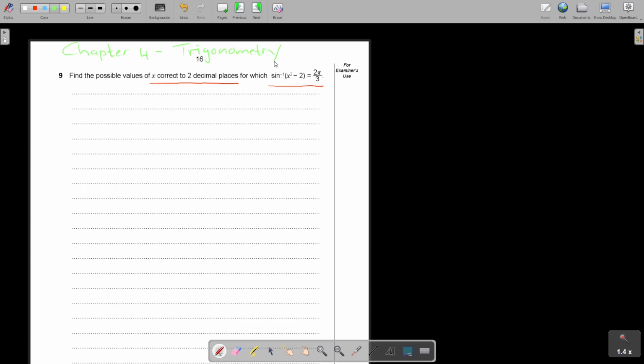And you can see that inverse functions. You will see it on page 206. Look there at example 54. Okay, that is going to help you. So let's start with the question. We are going to say that sin minus 1 of x squared minus 2